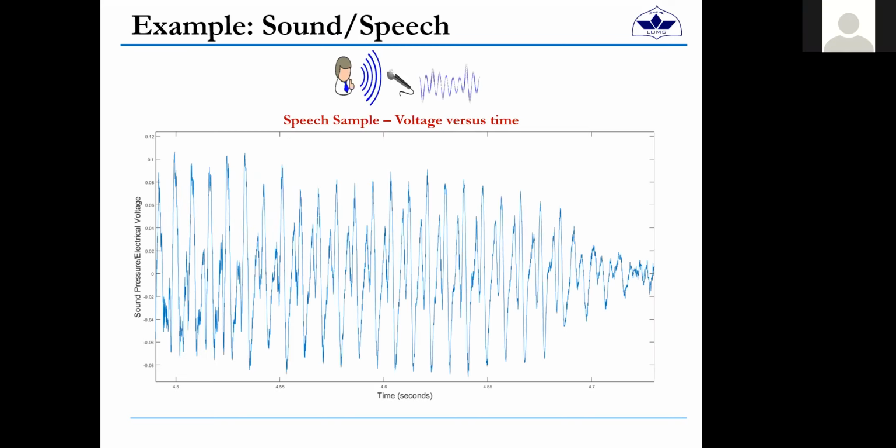And the curve that you see on your screen here is actually my own speech, which I zoomed in for about 0.2 or 0.3 seconds. So this is what the microphone output actually looks like as I am speaking. Okay, so I would say that this is a signal, right? In the sense that this conveys some meaningful information about some physical phenomena, which in this case is some pressure waves, or some electrical activity, as a function of time, right? So this is once again voltage versus time. Okay,